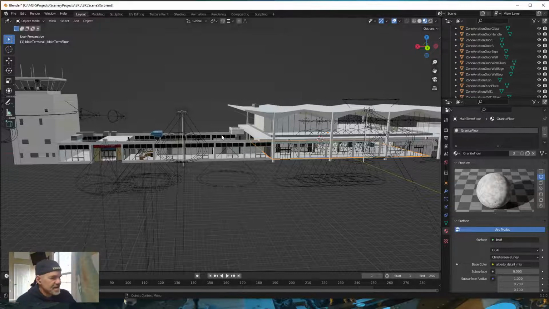Okay, so basically what I had to do was select all that stuff and hit the M key in Blender and move those to the collection that I wanted them in, which was main terminal. Okay, so I had to do all this stuff. Let me go ahead and